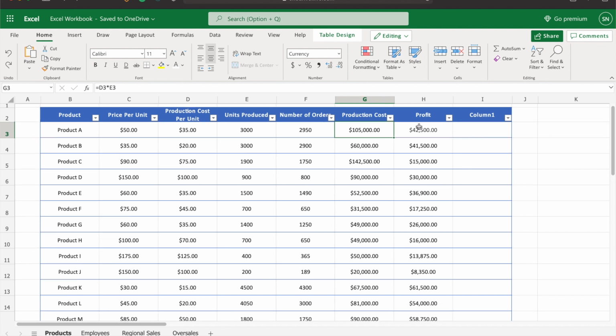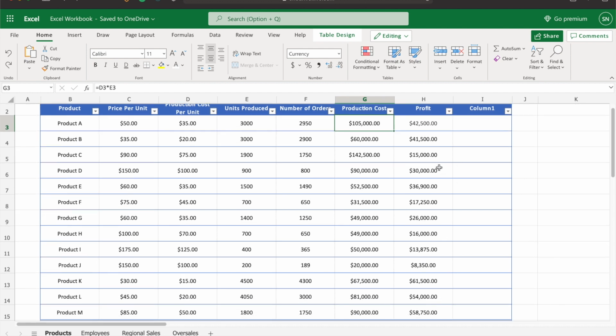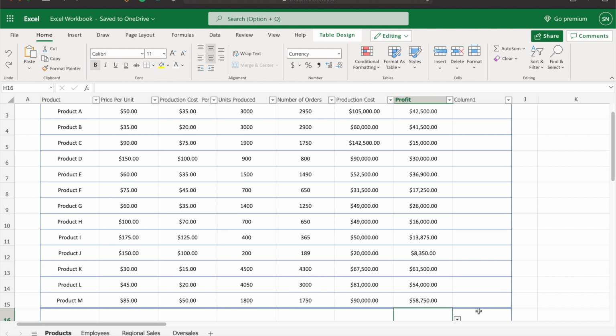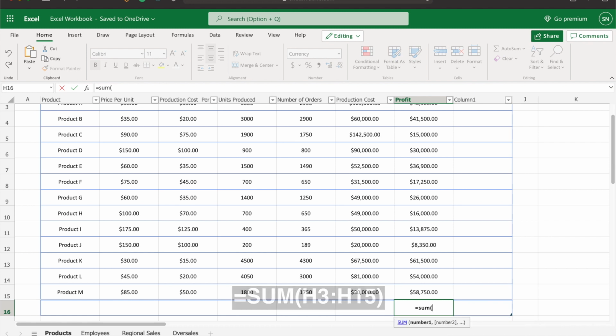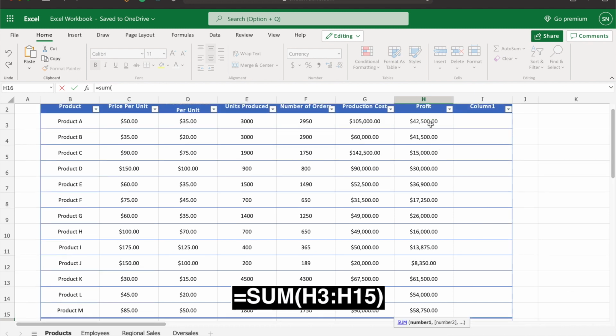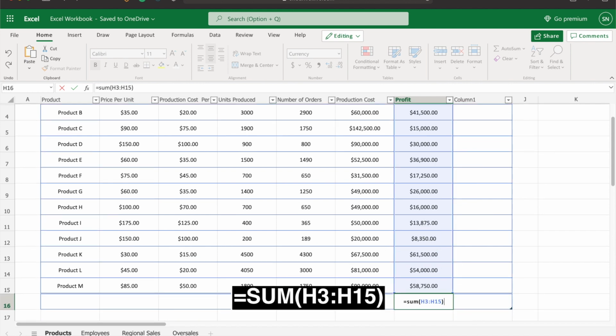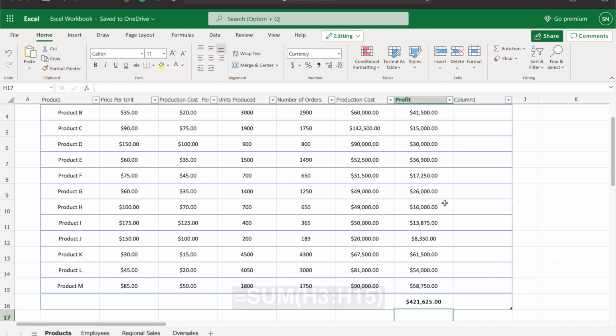And if I wanted to see how much profit we would be making in total, I can enter another formula, which would be the sum formula. So I would equal sum, and then I would highlight all the cells I wanted added, which would be this entire column, and then just close the parentheses, and this is how much money we would make in total minus